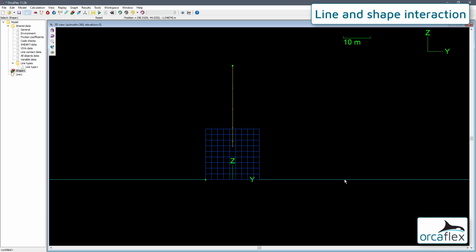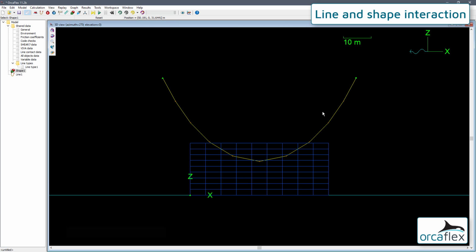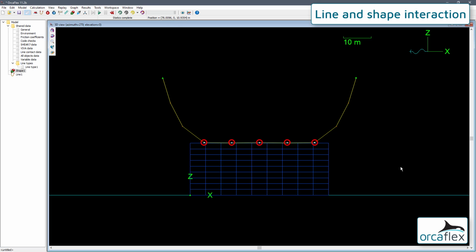This results in the line hanging through the centre of the shape. Now when we go back to the default view and run statics, the line gets lifted up as expected, with 5 line nodes now coloured white, indicating contact.